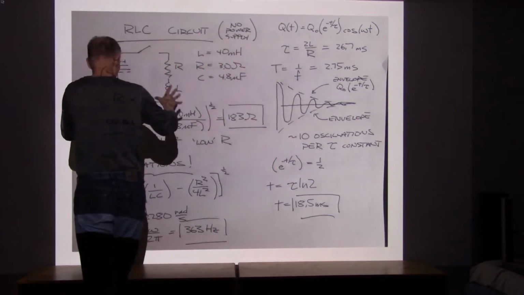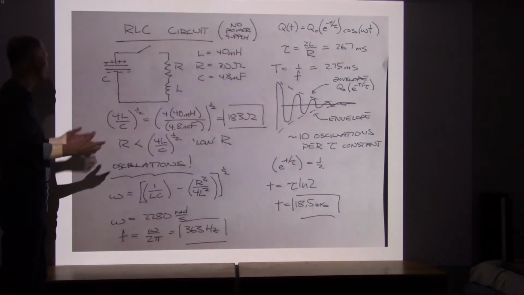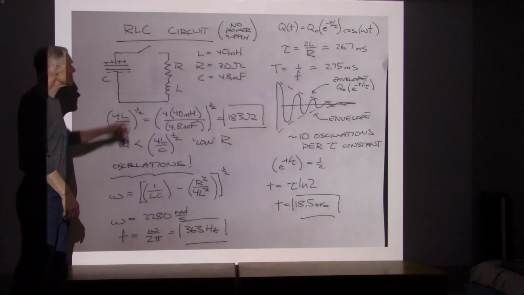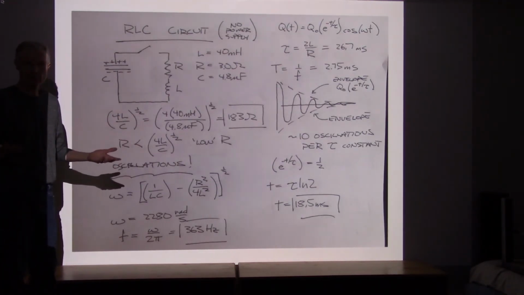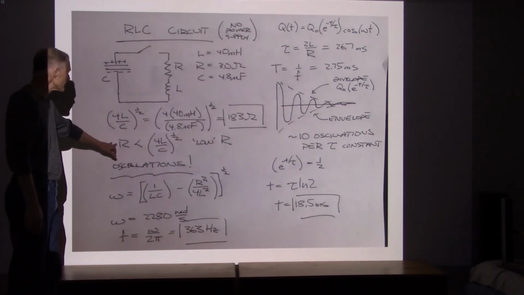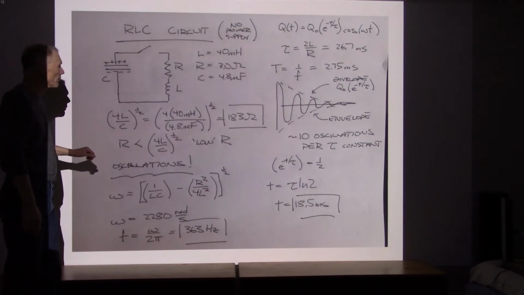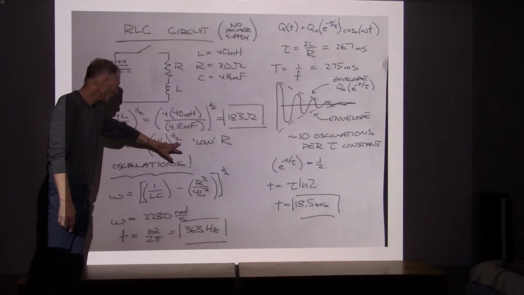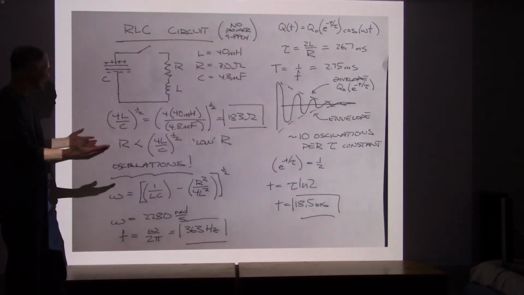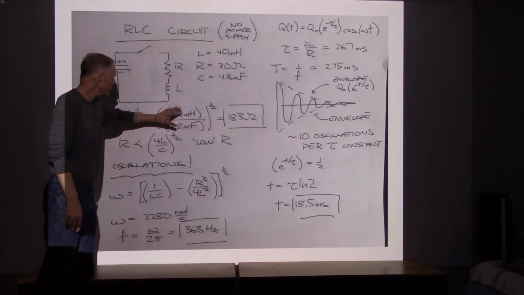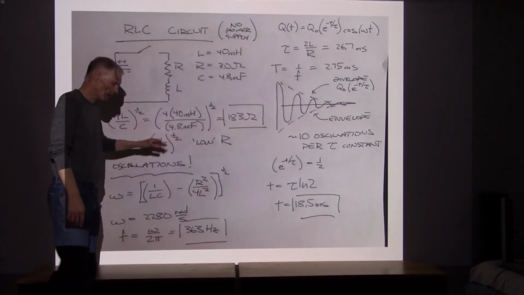I think this very first part of the question, I never got it answered, so I guess we should do this first. It said that in order to even have oscillations, in order for the oscillations even to occur, R needs to be less than the square root of 4L over C. So I checked it. So the square root of 4L over C, I plugged all the numbers in, and that becomes